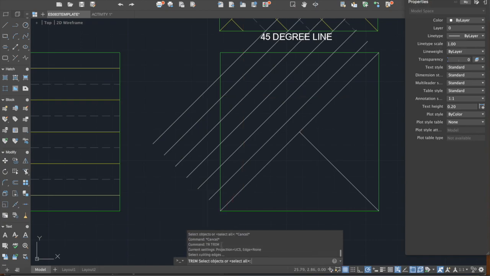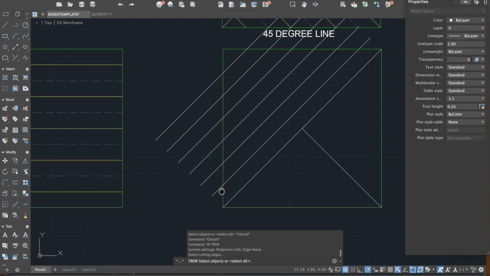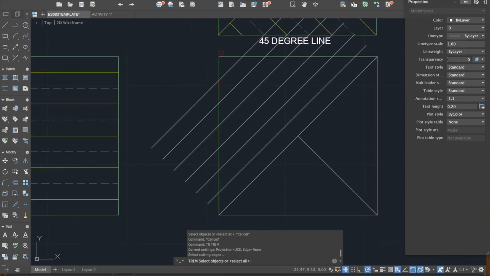And then the first question is select object. So this time it will be asking for a boundary, up to where you wish to cut or trim an object. So for example, we wish to trim or cut the lines up to here. So this would be our boundary. So click this one and then